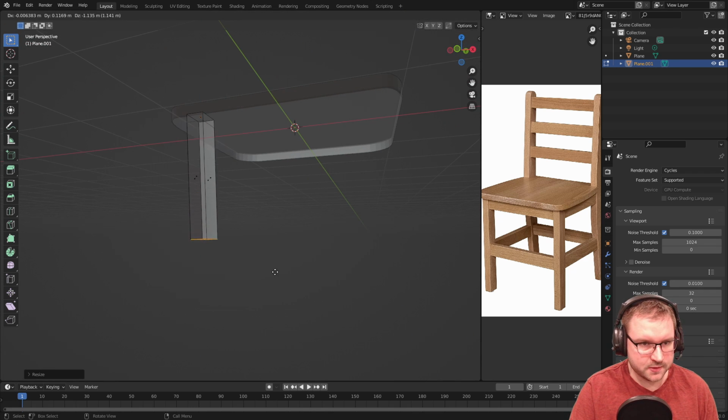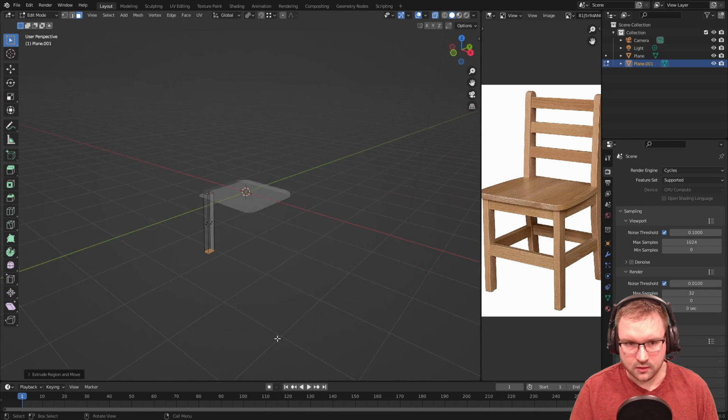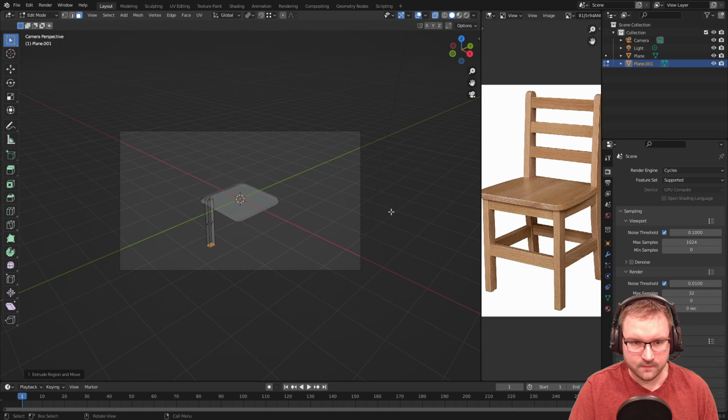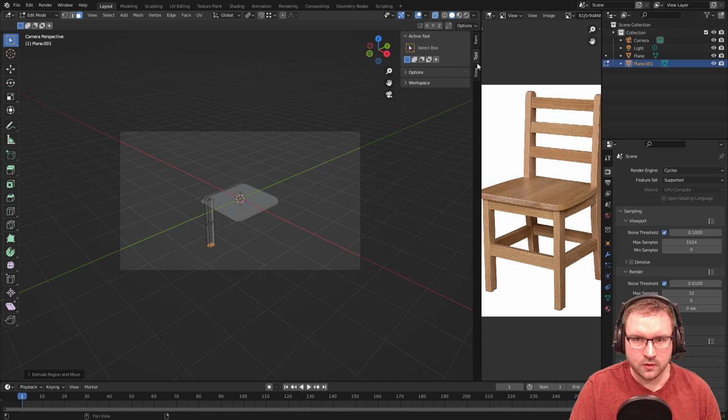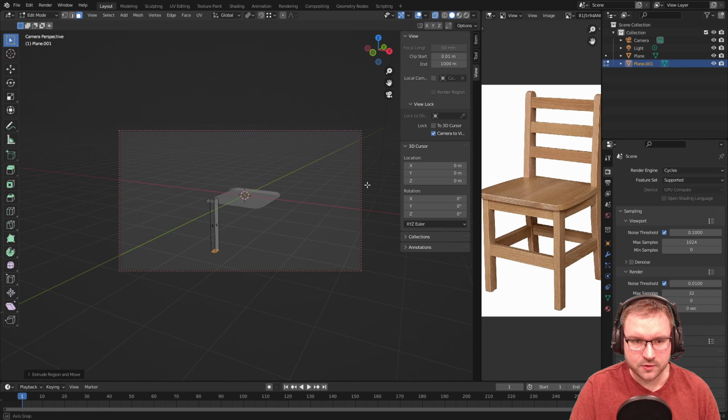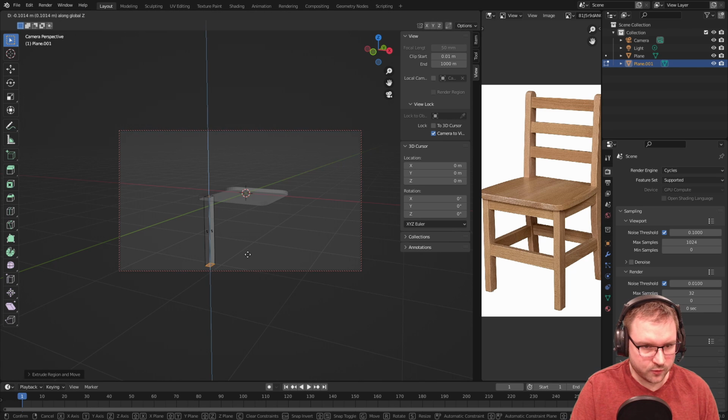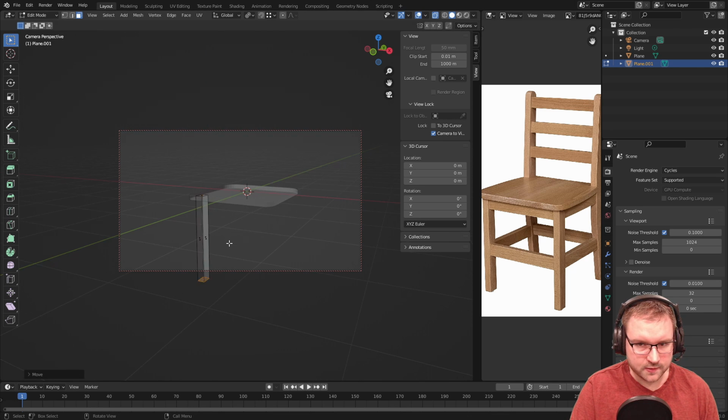Then we'll extrude Z. And I'm going to look at the reference image here. Actually, what I'll do is I'll try to get my camera in a position that's close to the reference image. So that'll give us a bit better judgment here for scaling wise. Alright, that looks about good. I'll go a little bit more. Alright, so what we want to do here,